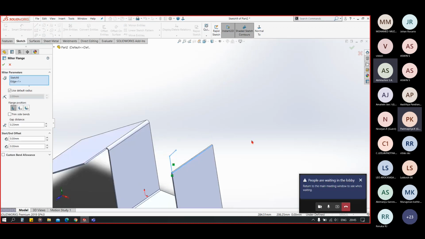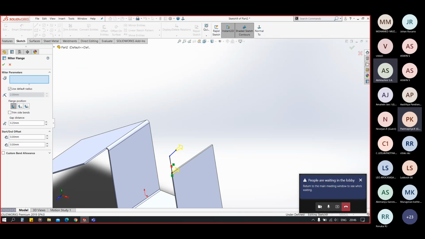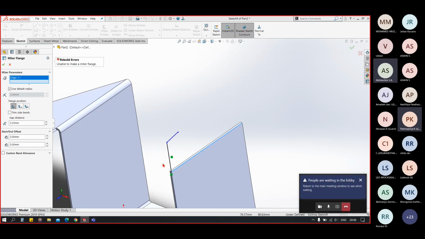So when we exit from that, you can see it is giving some error in that.